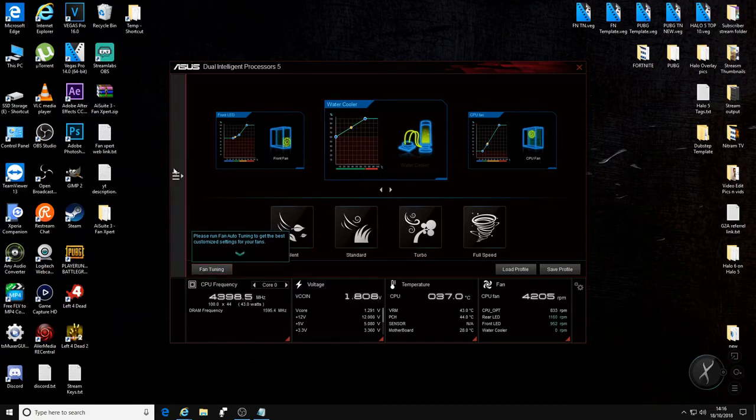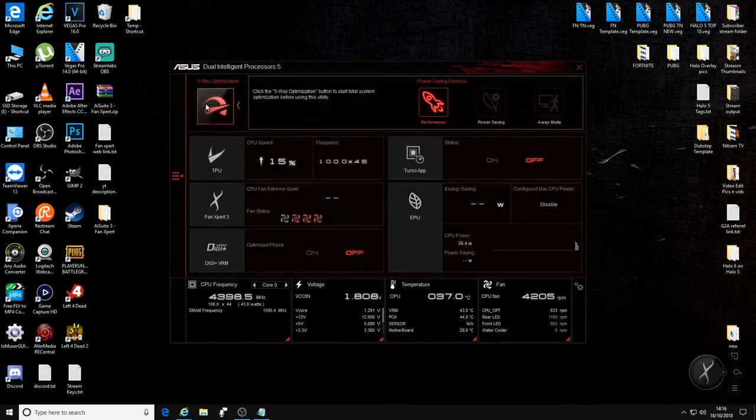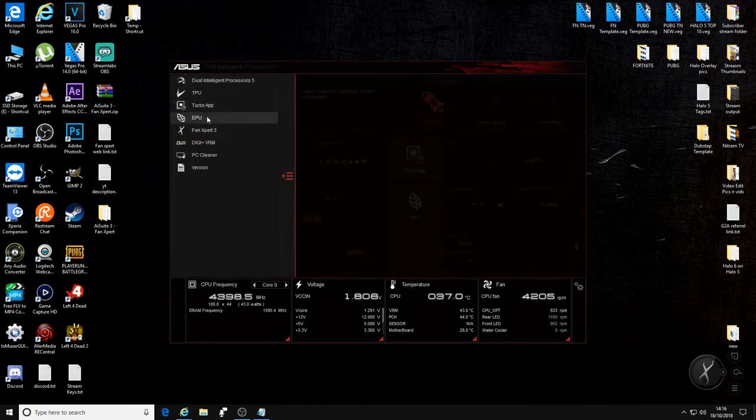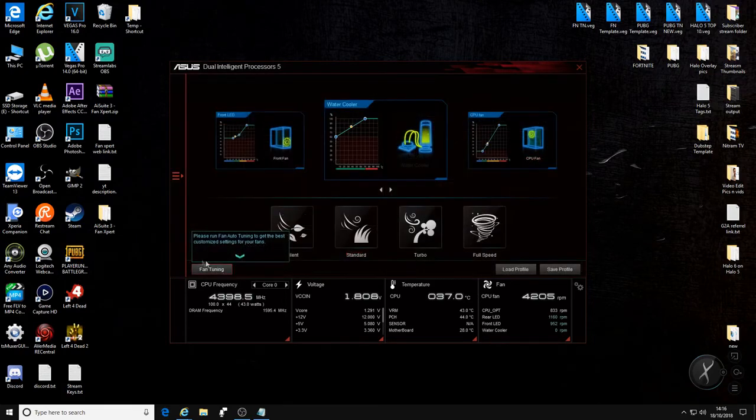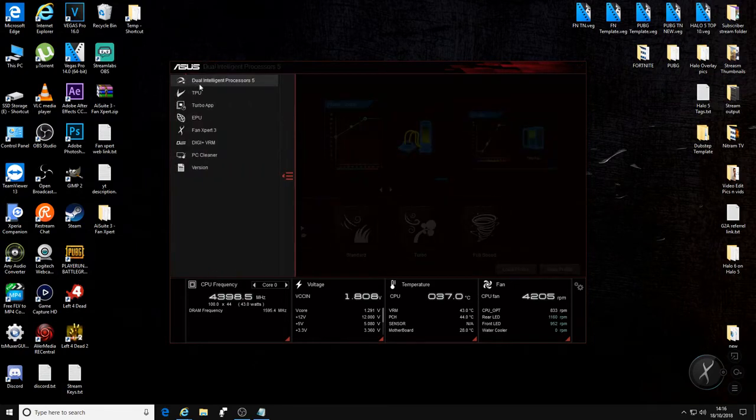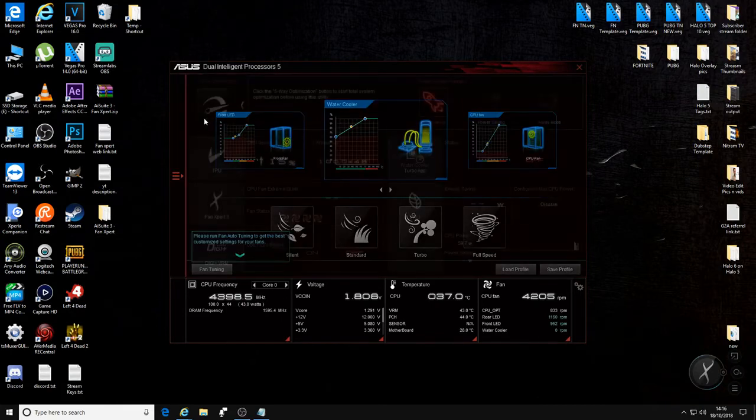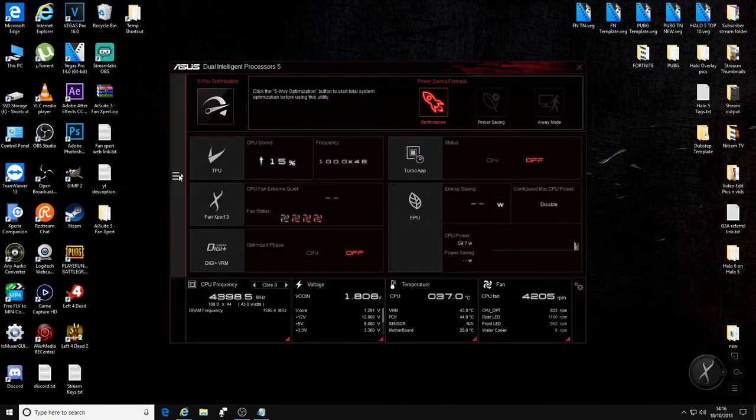People that have used fan tuning, if it isn't an Asus built computer, when you try and run the 5-way optimization or the fan tuning itself, it locks you out of being able to manually control one or two of the fans. I don't know why this is. I think it's because of generic and universal fans and the computer not knowing certain voltages or RPMs. So if you want to be able to always manually change the fan speeds,